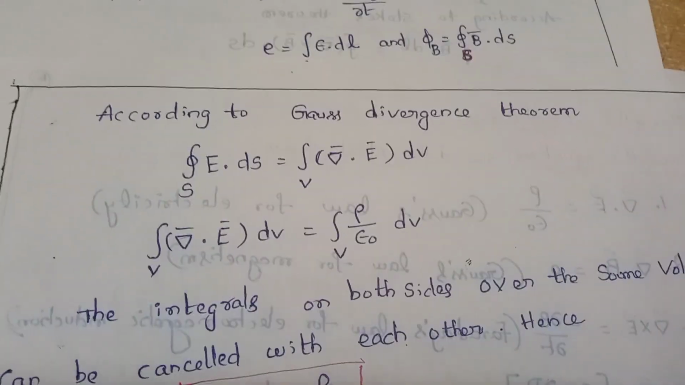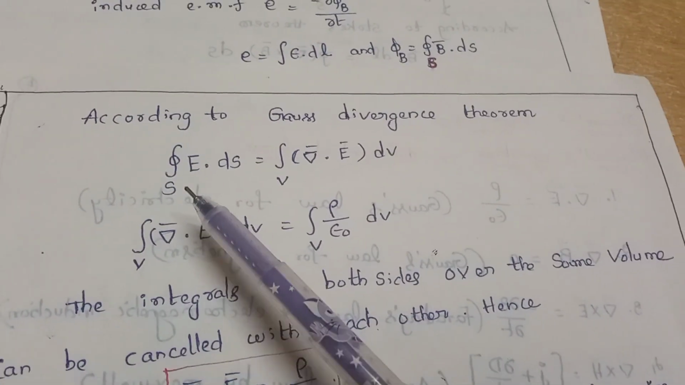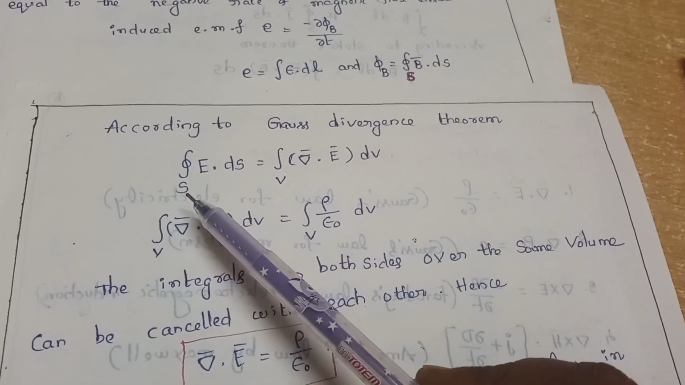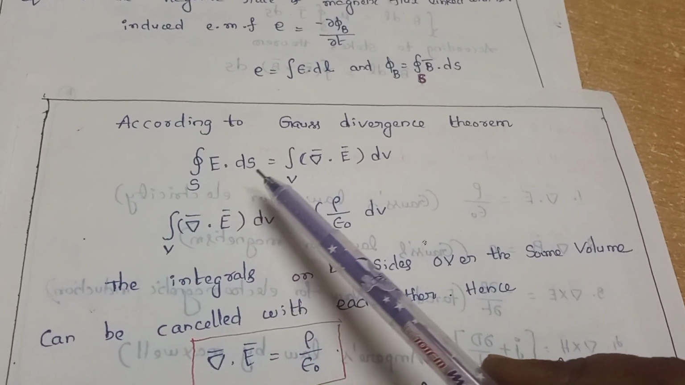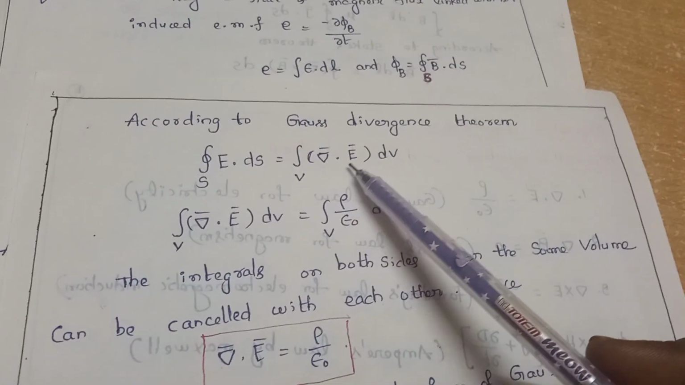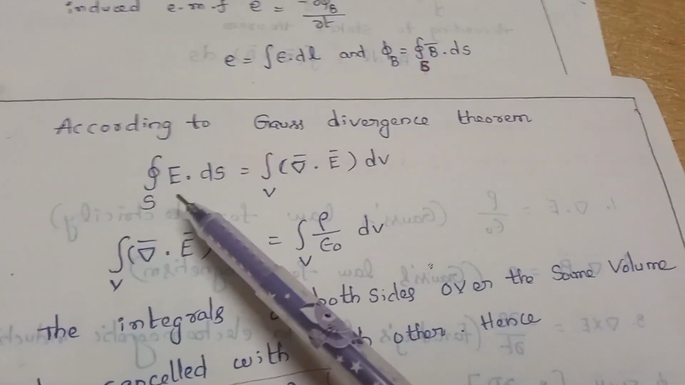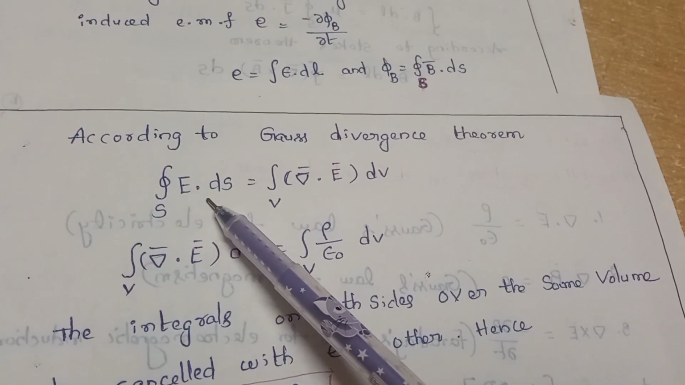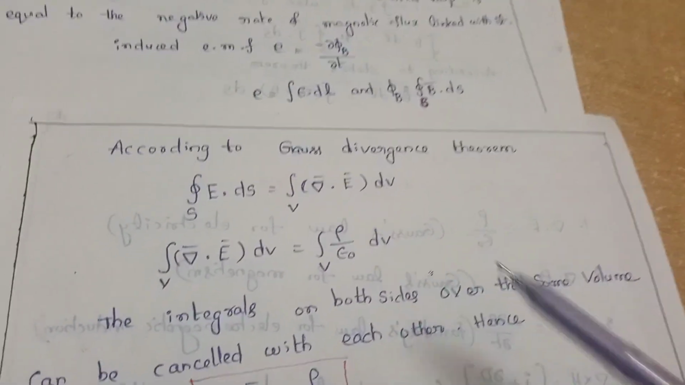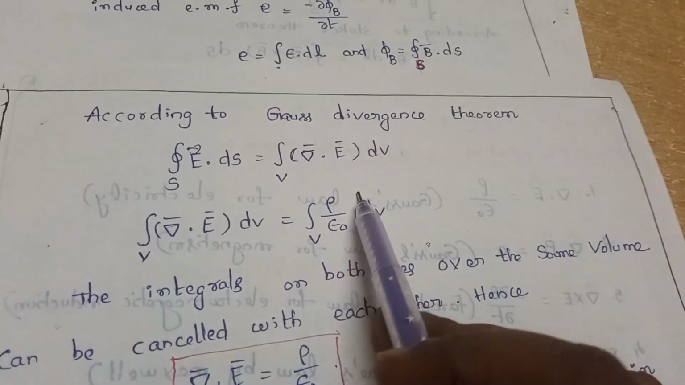After that, here we can use the Gauss divergence theorem. According to the Gauss divergence theorem, the surface integral of A dot ds is equal to the volume integral of divergence of A vector. So here we can apply it for the electric field. It can be written as the surface integral of E dot ds is equal to the volume integral of the del operator, so del dot E